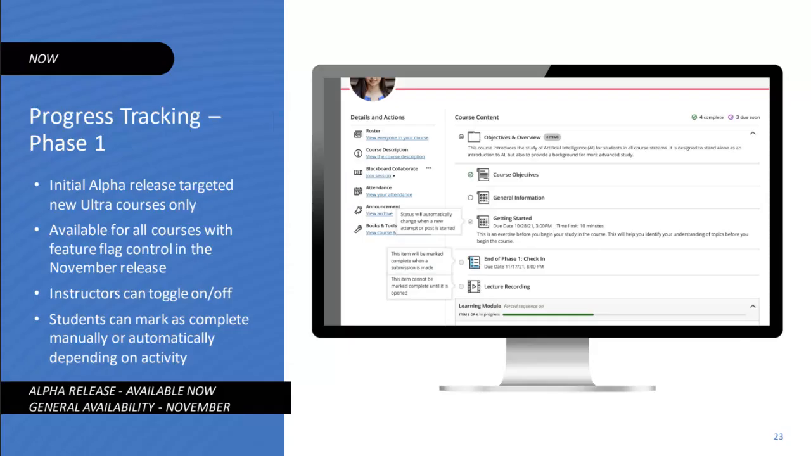Another project that I'm really excited about is progress tracking. We recently released an alpha version of progress tracking, which includes the ability for instructors to turn on or off progress tracking for students in new courses without any activity. So for courses at the start of term, essentially. And this feature sits behind a feature flag, and I'll explain more about what that means in just a moment. But for now, please just remember that the feature flag for progress tracking will remain in place until the 1st